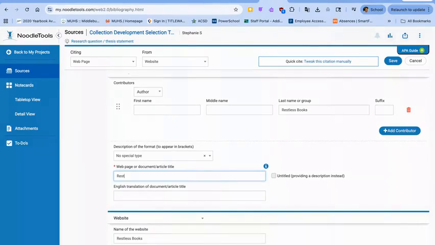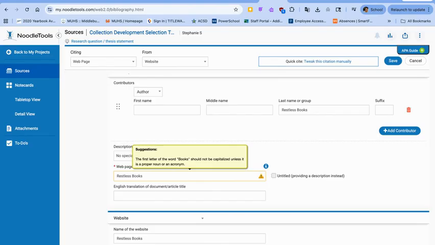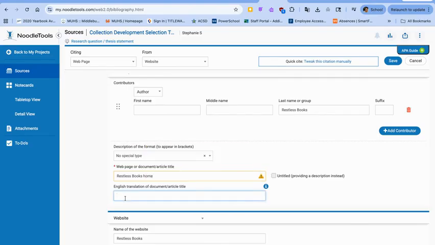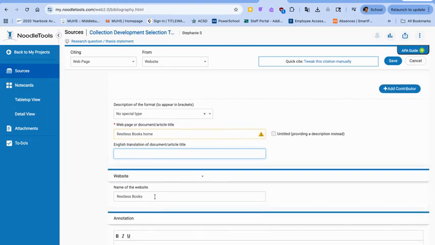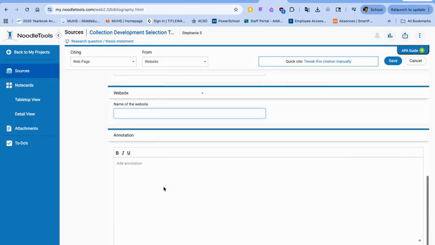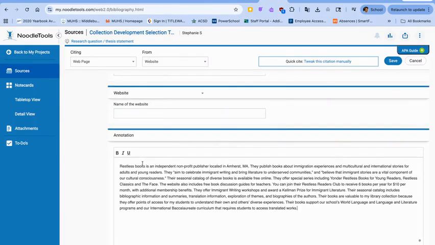The title of the web page is required. So the title would be Restless Books home page. And we can erase the name of the website so it won't repeat since we already have the author and the home page as Restless Books. And here's where we'll copy in our annotation